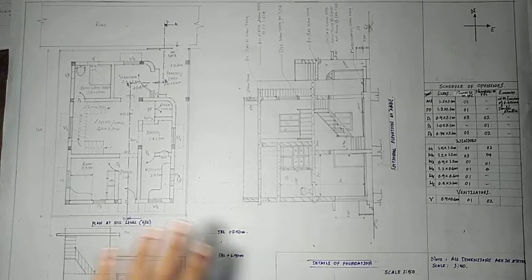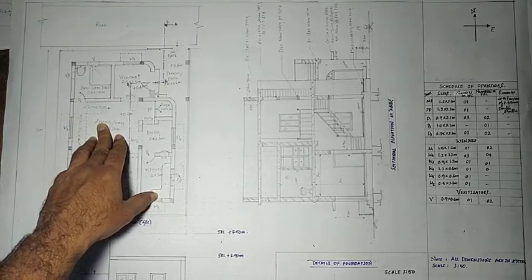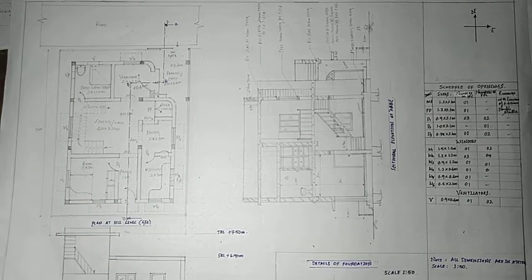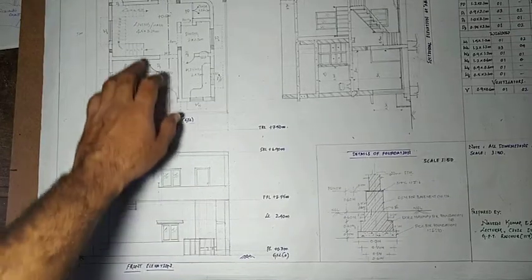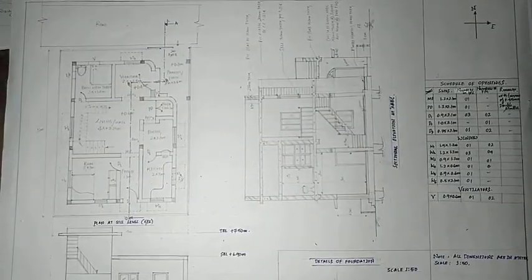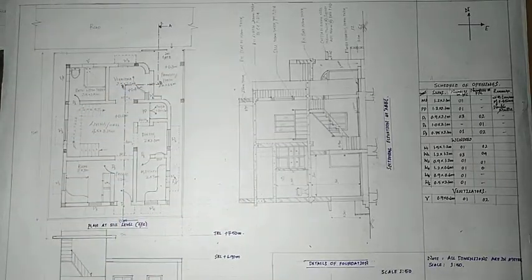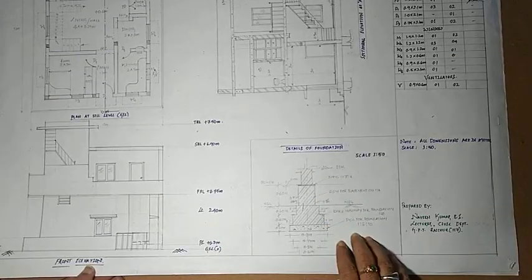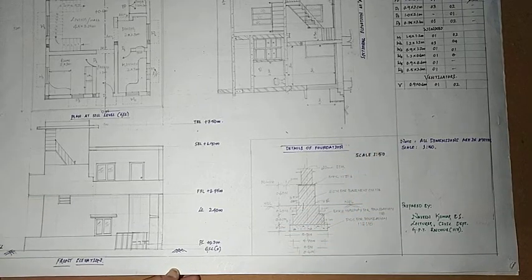So here you can visualize the whole drawing. In session 1 I explained how we can prepare a plan by using a line diagram and schedule of openings. And in session 2 I explained how to prepare an elevation by referring to this plan. And the third session I completely explained how to prepare a sectional elevation by referring to this plan, the schedule of openings and construction details. And you can refer to this also. This is written separately but it comes under sectional elevation. These are typical details of foundation.